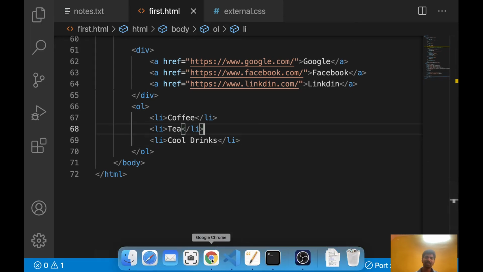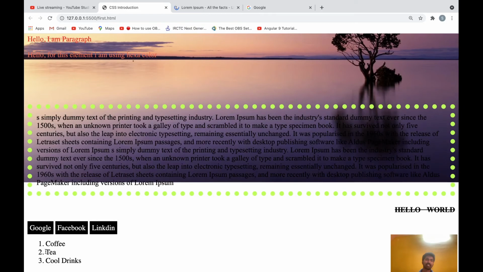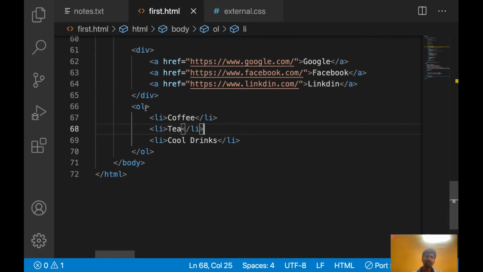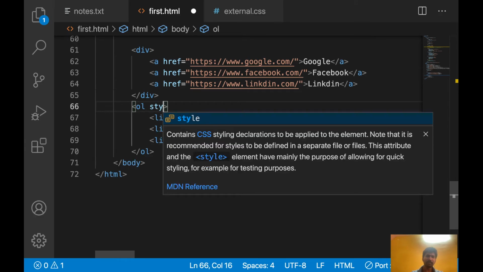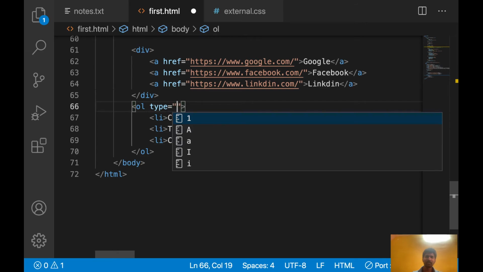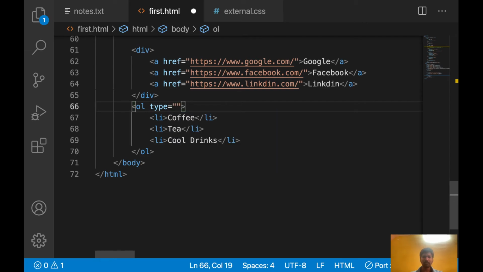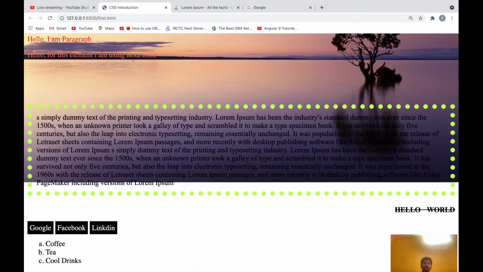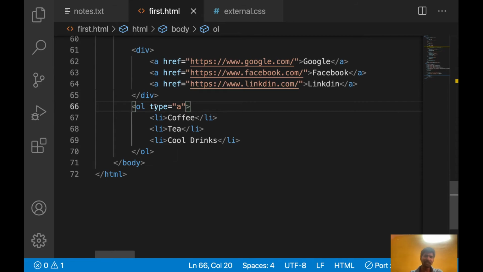Now let's see how this list will come by default. See, 1 to 3 will come by default for ordered list. Now if I want to change, type equal to some j, then j, b, c will come instead of 1 2 3. By default 1 2 3 will come. See here, so using this attribute we can control.